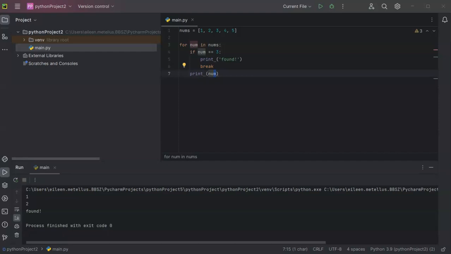What if we wanted to ignore a value but not break out of the loop completely? So to do this, we can use the continue statement. Now continue will skip to the next iteration of a loop. So if we replace the break statement with the continue and run,